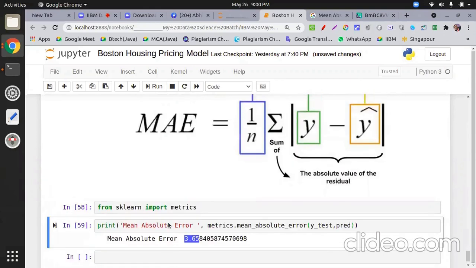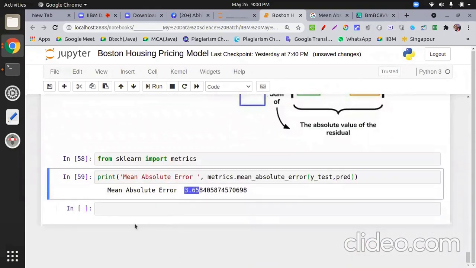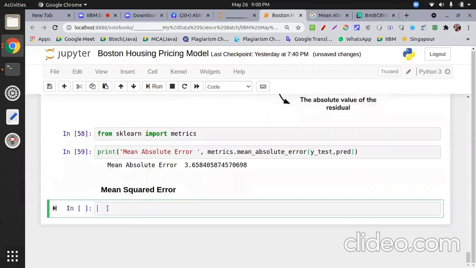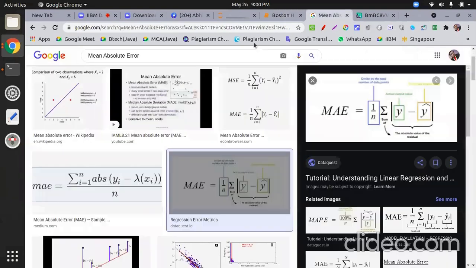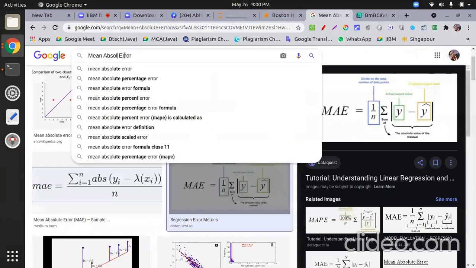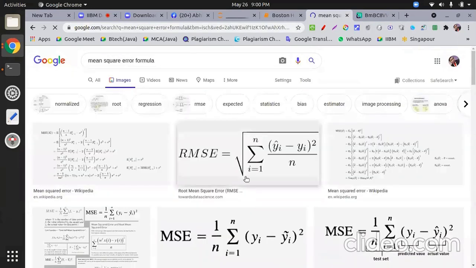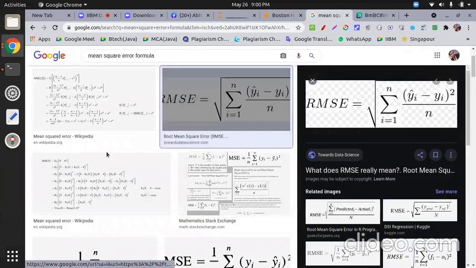Okay, second error, mean squared error. Again, check the formula. This is root mean.